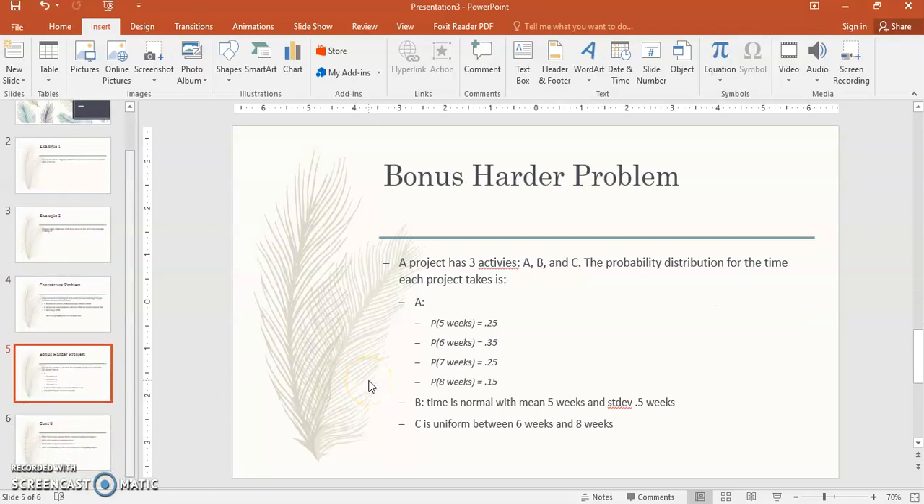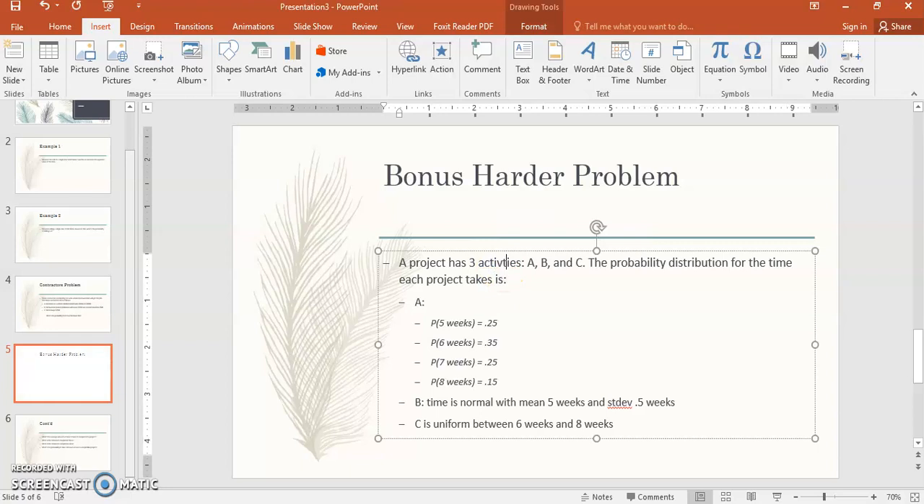And this bonus problem, which I misspelled activities. So a project has 3 activities. We